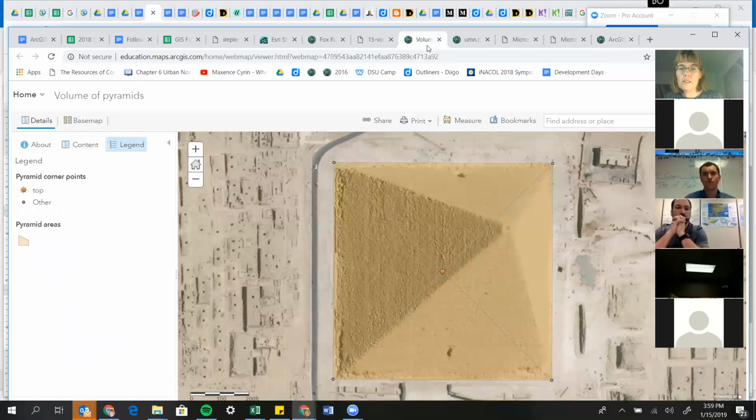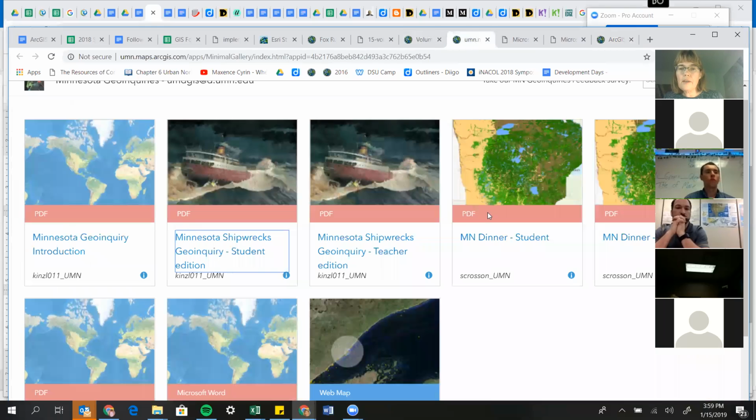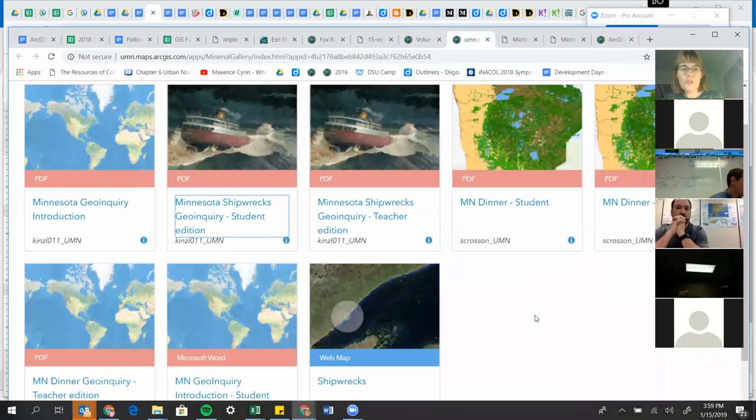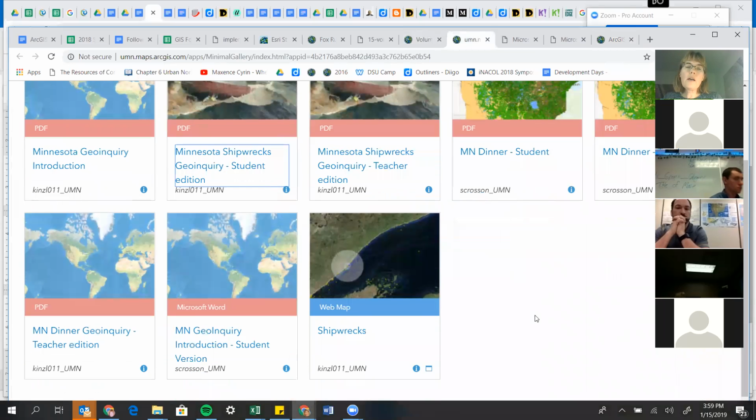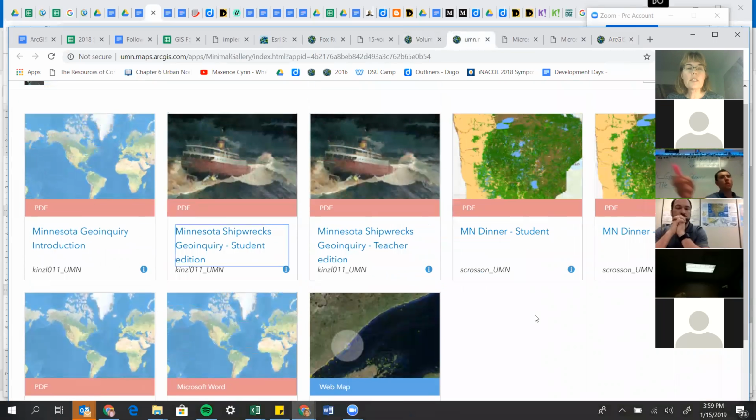If you look at the dinners one, that one looks at different foods. And so it was really an interesting concept. And so that's what they're doing in Minnesota. I mean, it's kind of nice to see this local content, but it's also really neat to see the potential of what we can do in our state.